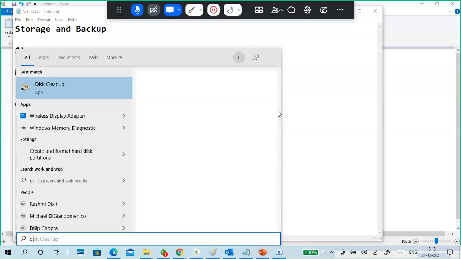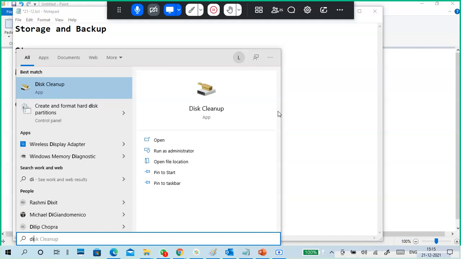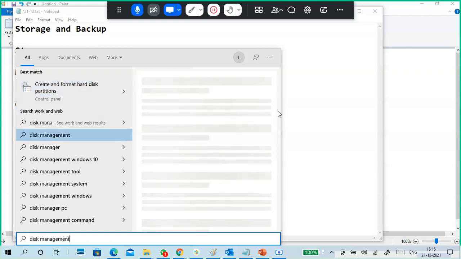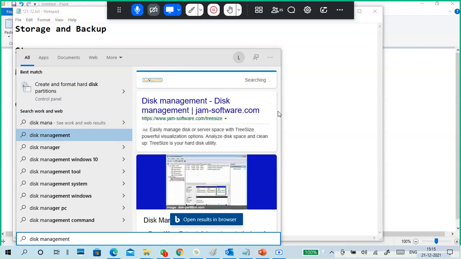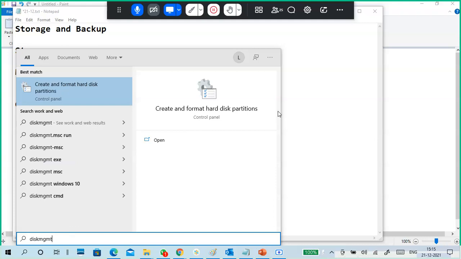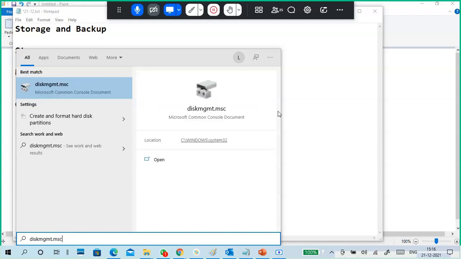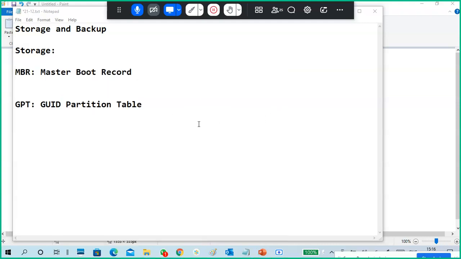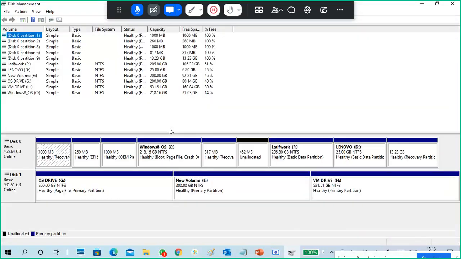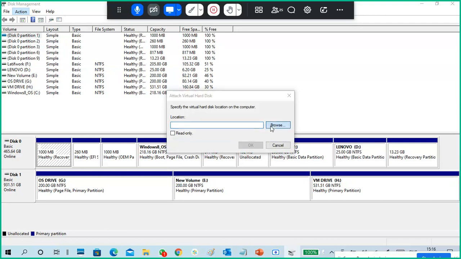So if you initialize the disk as MBR, don't worry about what I'm doing. I'm going to disk management. If you know that, that is good. If you don't, I think you know already. I'm opening my disk management here with diskmgmt.msc. I'm attaching a virtual hard disk to show you the options for demonstration purposes only.